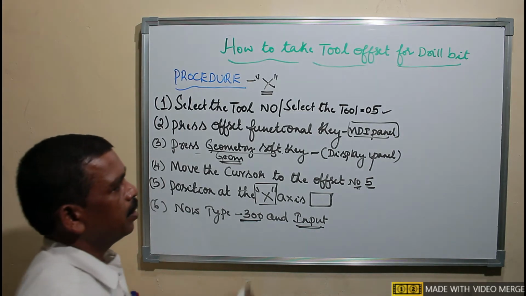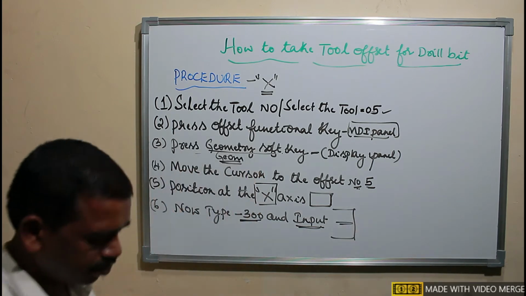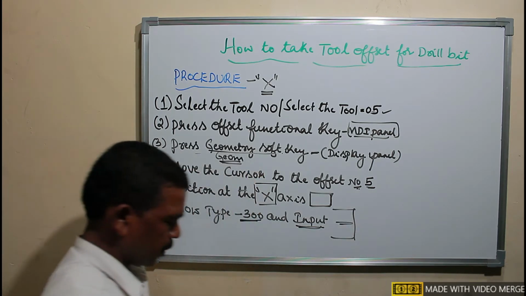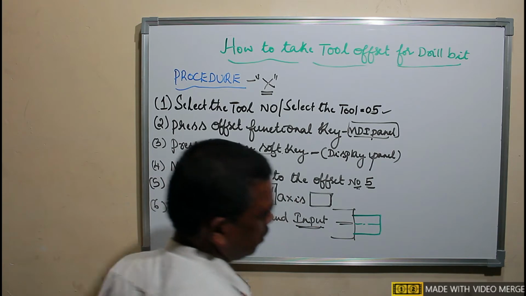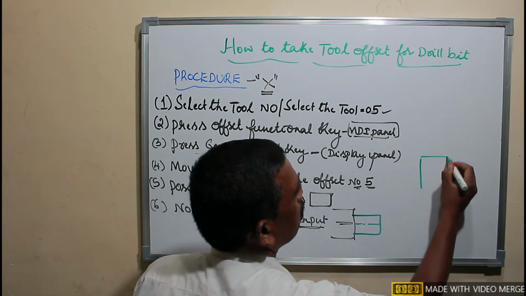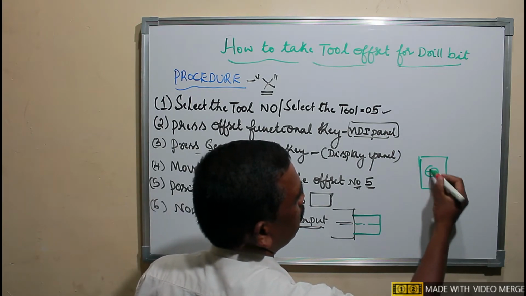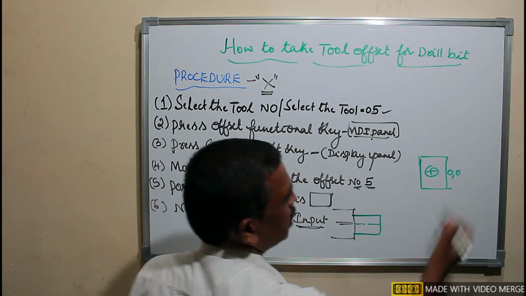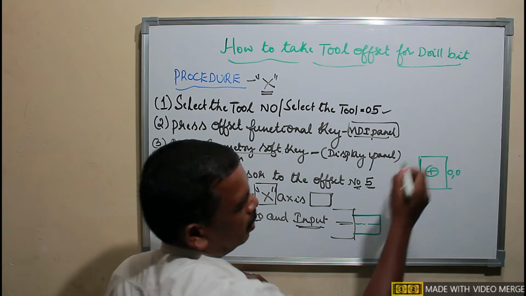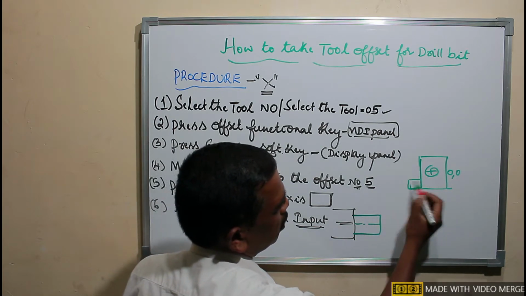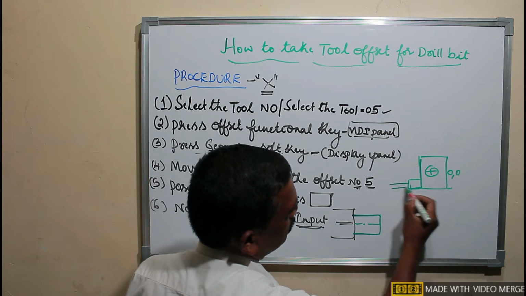See here, as you already know, the workpiece is fixed in the work holding device like this, and the tool turret is here. So you know the datum of the turret will be here only. So that is X0 and Z0. So the drill bit will be fixed at some stations by using some drill holding devices. So the drill will be here.